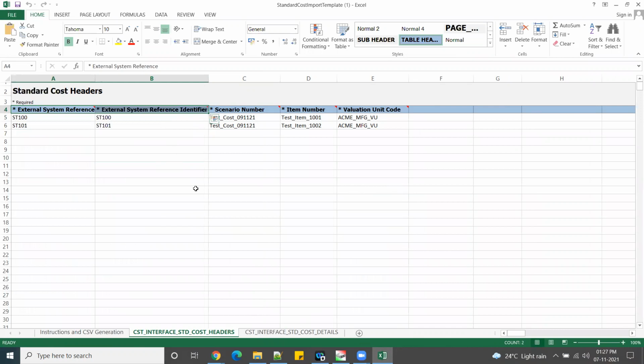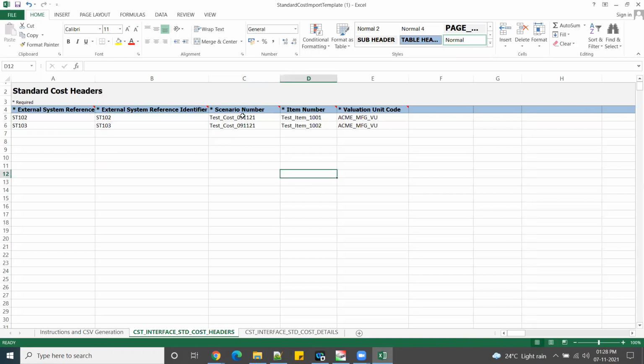For example, I have used 1001, so I cannot use this one again; the system will give an error. So I will change it. 101 is already done, so I'll give 102, then 103. And the identifier you can keep the same if you want, not a problem.